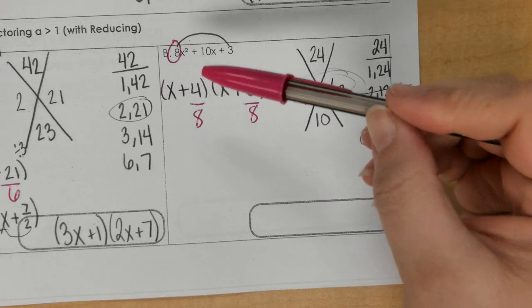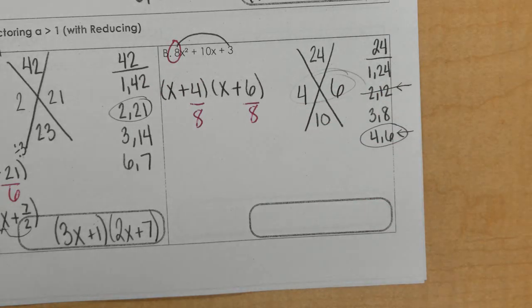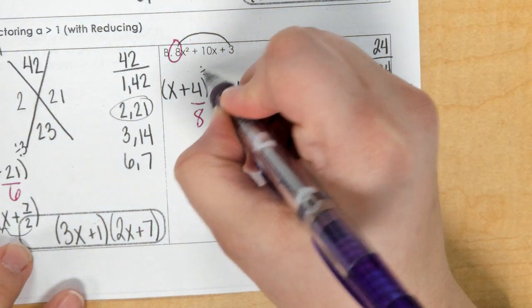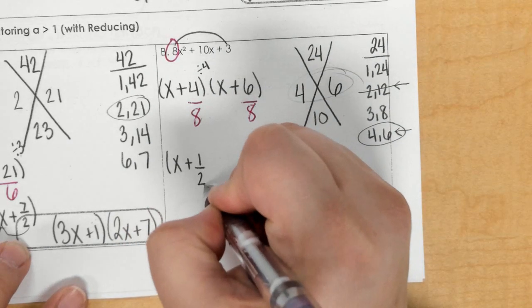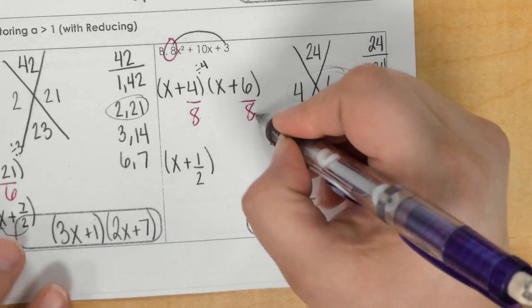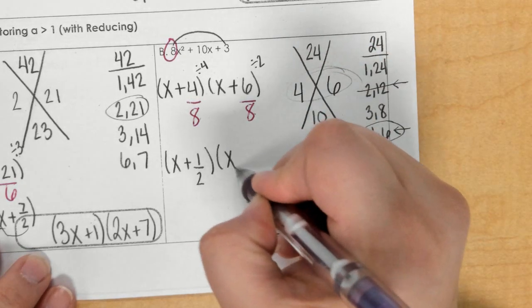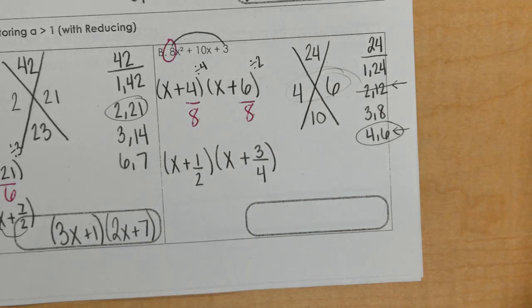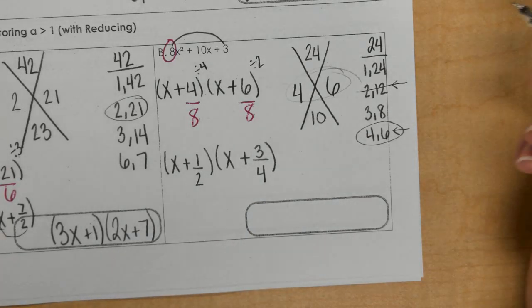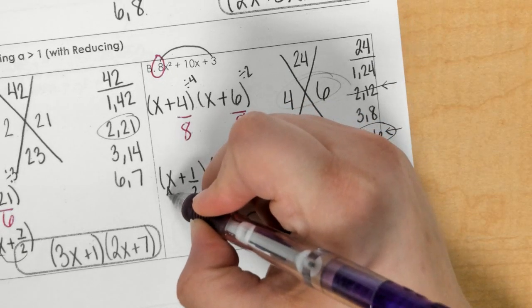I decide, can I divide 4 over 8 evenly? No. So I have to reduce or bring the bottom up. And in this case, I can reduce. I know 4 can go into 4 and 8. And that reduces to 1/2. For 6 and 8, what goes into 6 and 8? Well, 2 goes in evenly. So I would have 3/4. So same idea, I got to bring that bottom up because I can't have that fraction as my final answer. So I would say 2x